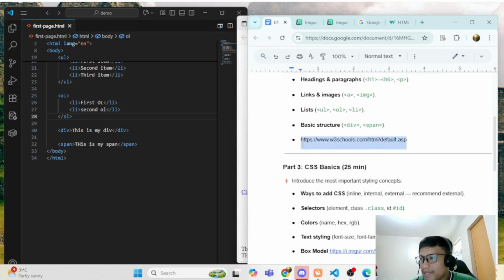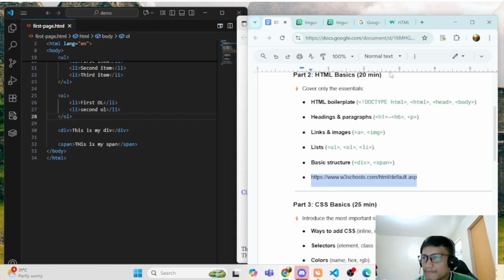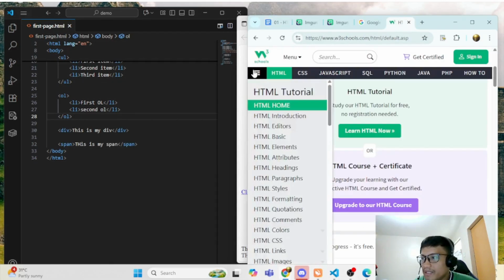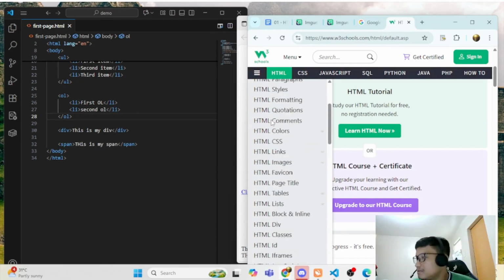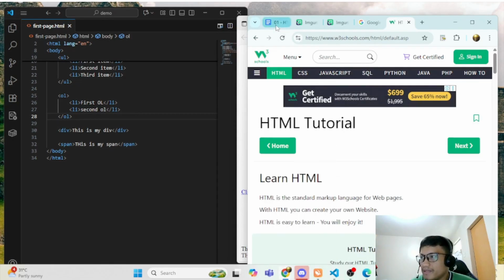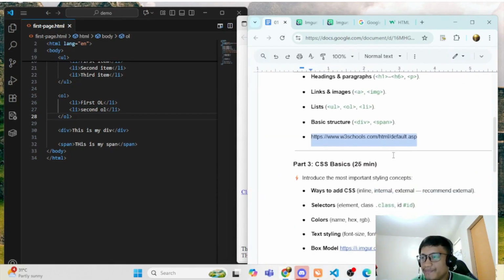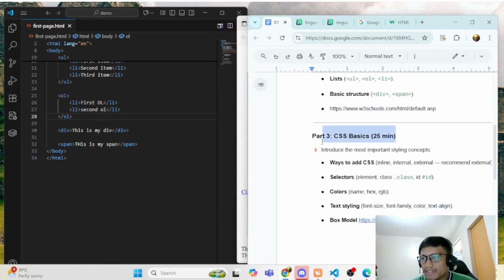Okay. For more basic HTML tags, you can visit this link, and then you can see here more tags and other things you can learn about HTML. So this time we'll proceed with CSS.